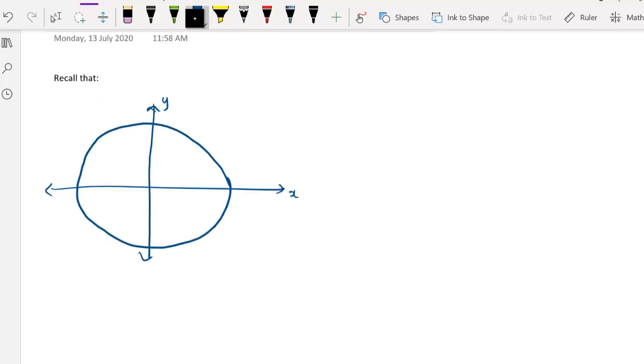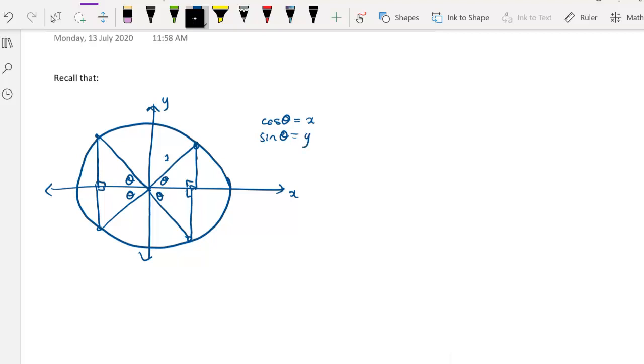Obviously, it's important that the radius is 1. We're always looking at the angle to the nearest x-axis. So there's 4 triangles that we focus on, and cos of the angle will refer to the x, sine of the angle will refer to the y, tan of the angle will refer to y on x or sine on cos. Now, we also understand CAST,